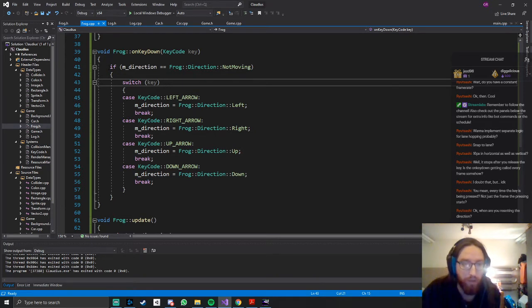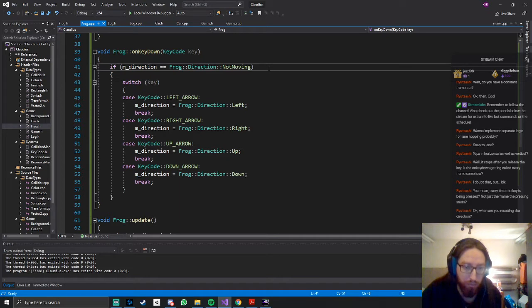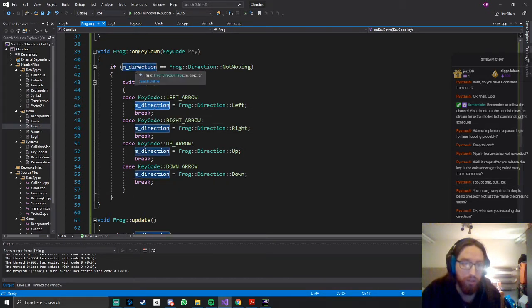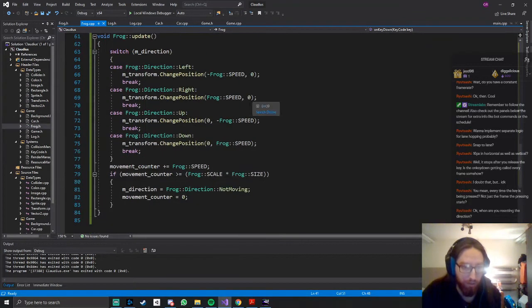This is a condition that says if the frog is not moving, then you can change the direction. It changes the variable M direction only if the M direction before calling this function was not moving. And then on the update function, based on this M direction variable,